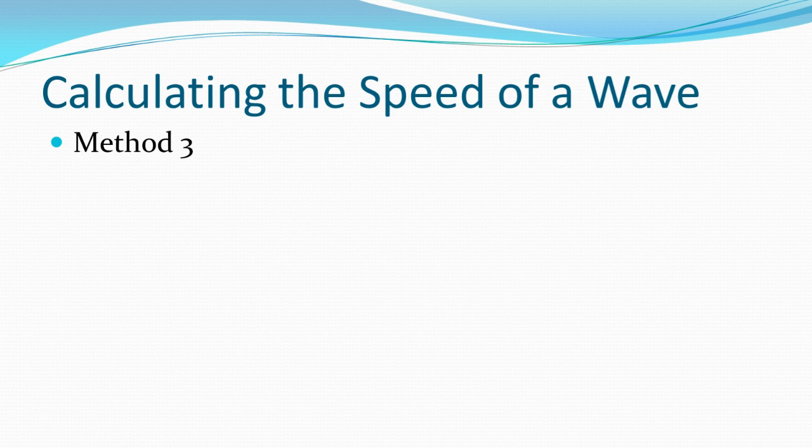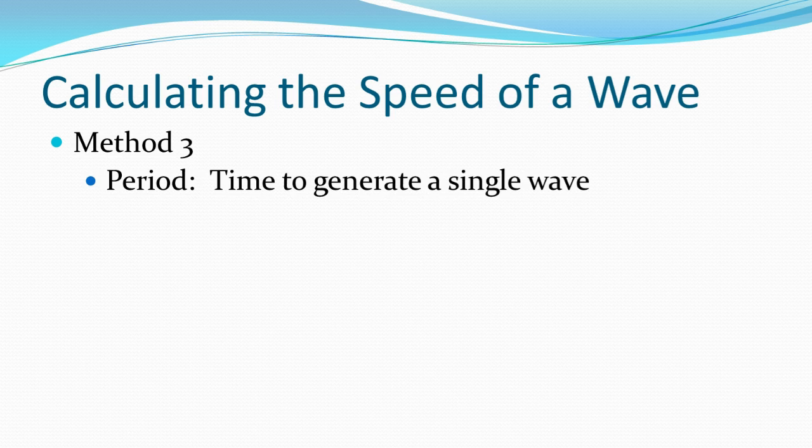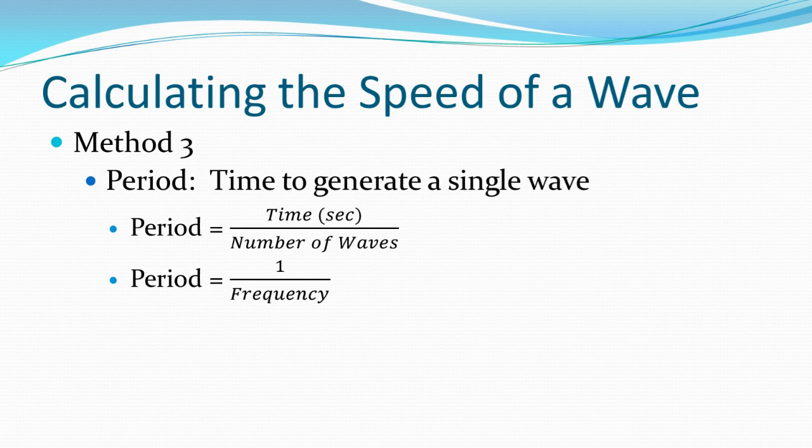The third method is related to the second method. The period of a wave is the time it takes to generate a single wave. So period, we know, is equal to time divided by number of waves, which means it's just the inverse of frequency. So if I have the amount of time for a single wave and the number of waves, I can calculate the period. If I have the frequency, I can also calculate the period by taking 1 divided by my frequency,